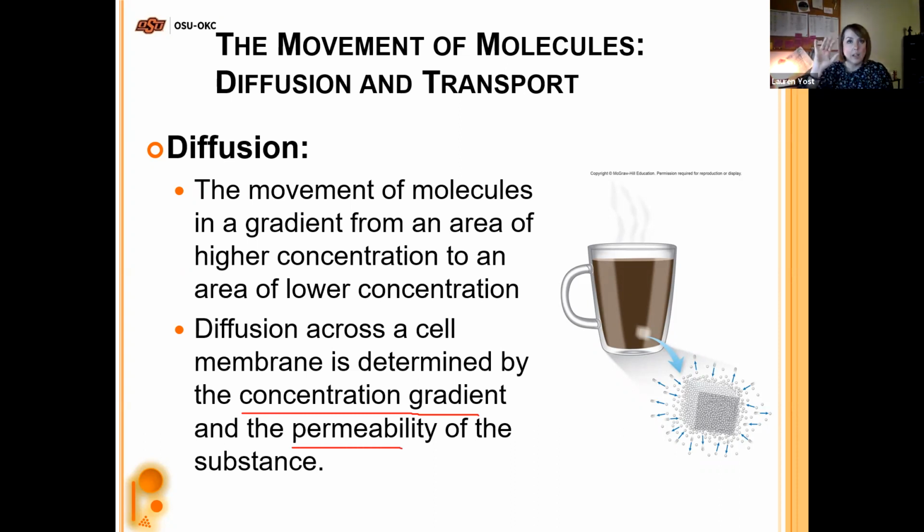So when I say it depends on the permeability, I said you guys were going to put the bouncy balls outside my door all the way up to the ceiling, just fill up outside my door. And then it's not permeable to bouncy balls with the door closed, right? They can't get in with the door closed. So it's not permeable, does not allow it to travel across. So it doesn't permit it. So if it doesn't permit travel across that barrier, across the door barrier, that's what I'm referring to as far as